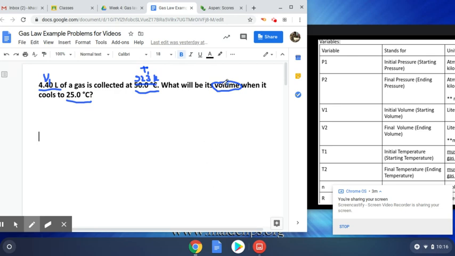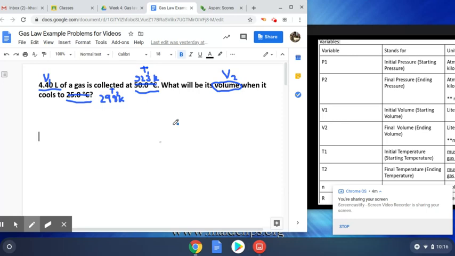Okay, so now we have volume we're looking for, which is V2. And then we have 25.0 degrees Celsius, which we know we need to cross out and do Kelvin. And so that's 298 Kelvin. And that's going to be T2. Okay, so once you've read through the problem,